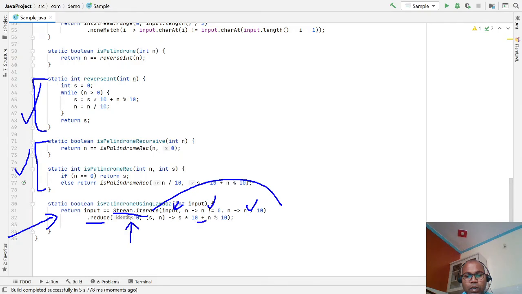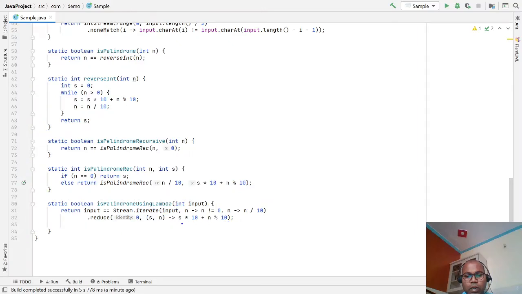Here I want to sum. The sum identity function is 0, and this 0 is passed here, and this is your input number. We apply the summation of 0 and your number modulo 10. Whenever this is done, the next time the loop goes here, the number is divided by 10, and then the second check is whether the number is greater than 0, and it does the same operation again.